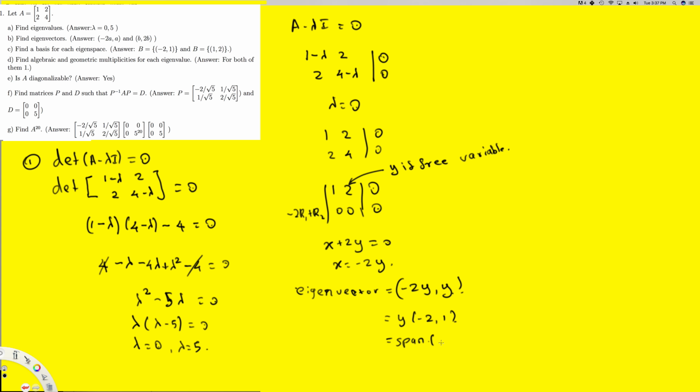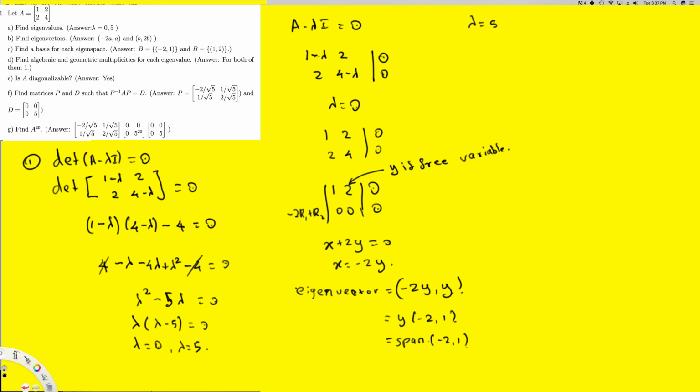So that's going to be minus 2, 1, and this is the eigenvector of the first eigenvalue. Now we have to find the eigenvector for the second eigenvalue. To do that one, I have to take lambda equal to 5 and plug this one into this